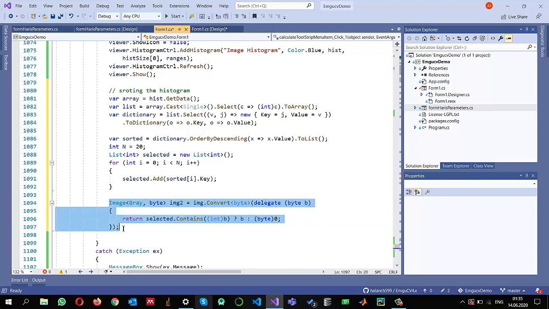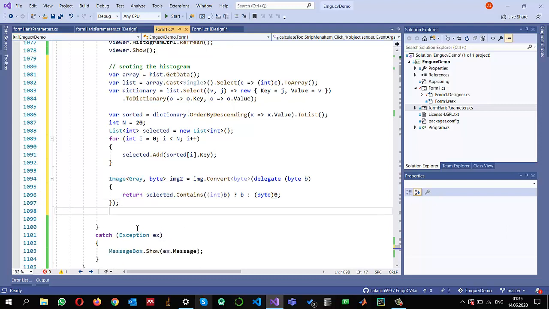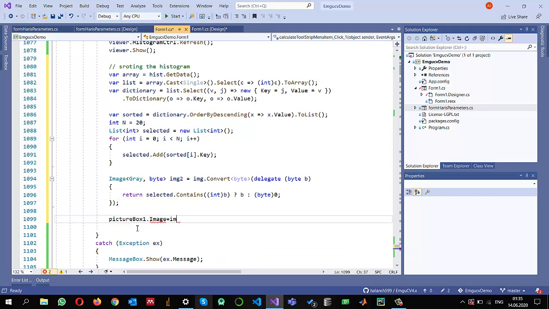So this is an interesting code that I have written, and I use the generic delegate generic conversion function, and as a parameter I am passing the bytes of my gray image. So every pixel is going through it, and I'm performing an operation on it. So I'm just checking if this pixel is present in the selected ones, then I am just returning that pixel. Otherwise, I'm setting that to 0. And once we do that, we can display this in a picture box. Image is equal to img2